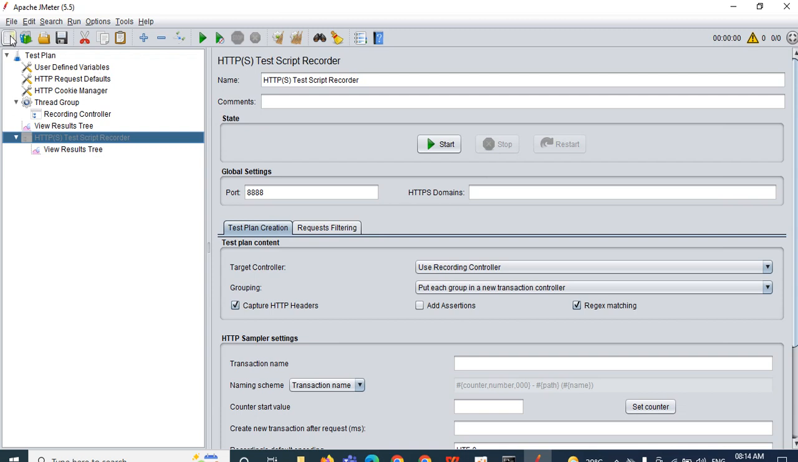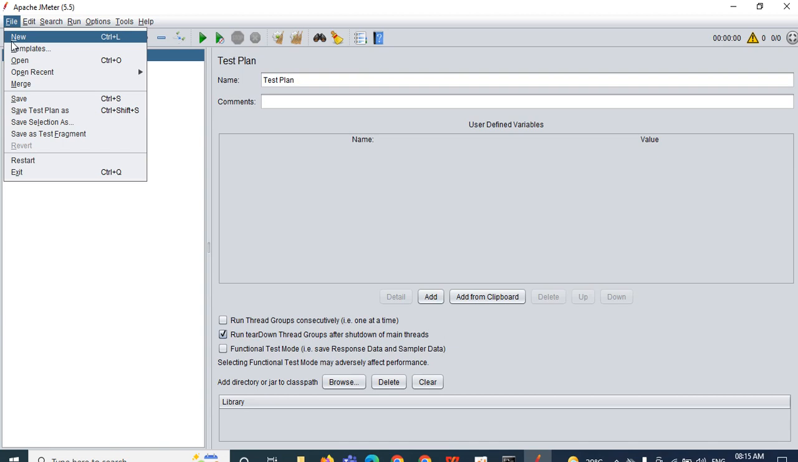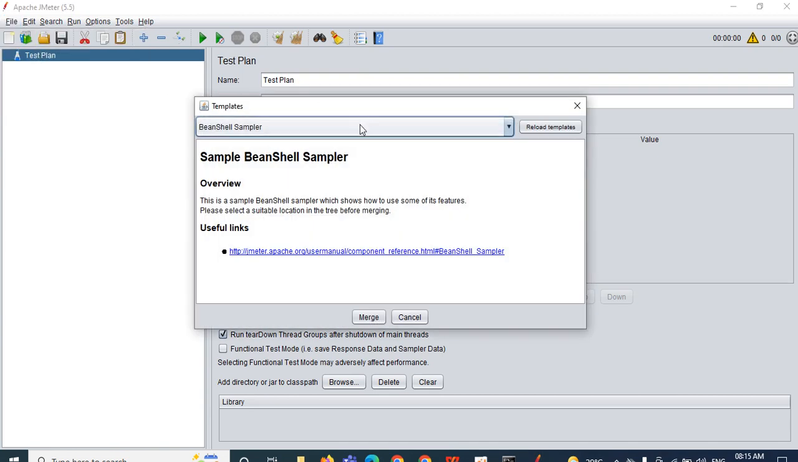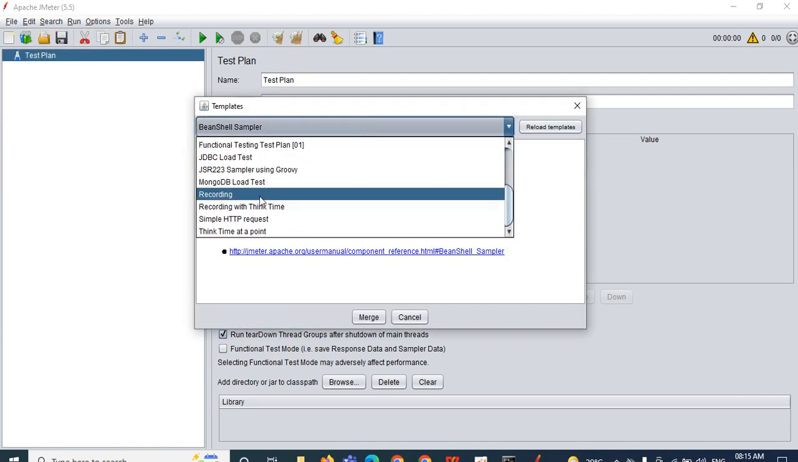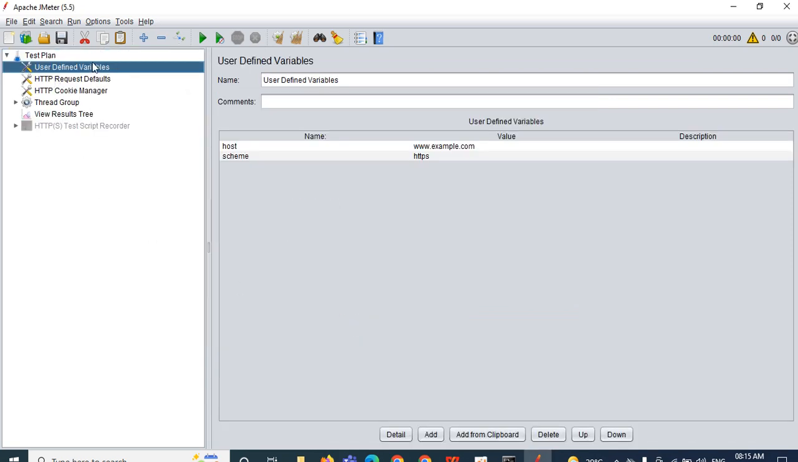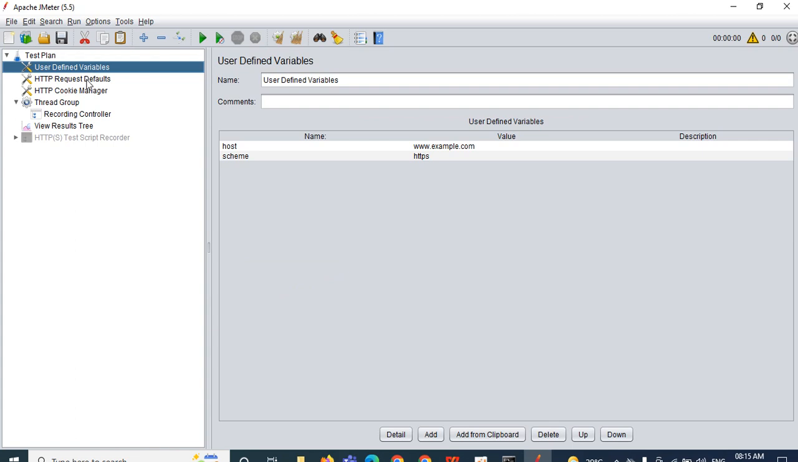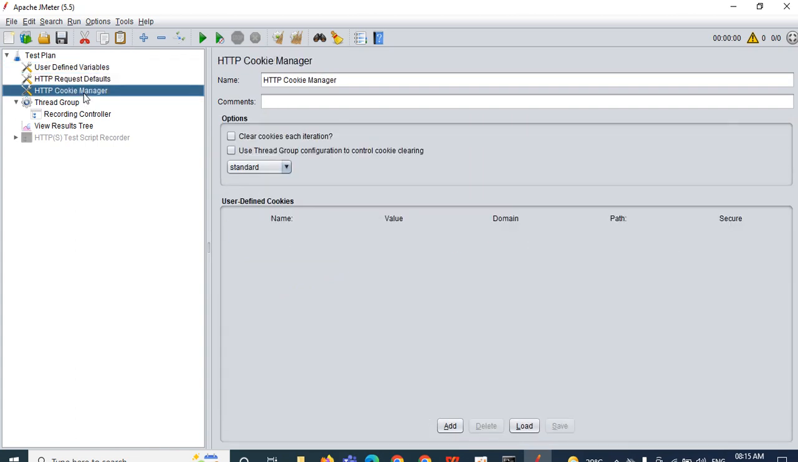Okay, మళ్ళీ చూపిస్తాను. సో క్లిక్ ఆన్ ద న్యూ. ఓకే, it is asking to save, I don't want this. ఓకే, go to templates. So here you can go, click on the recording. Okay, click on the create, click on the create, that's all. So you can see, some of the elements by default are coming and sitting over here in the workspace area. Okay, సో ఇప్పుడు యూజర్ డిఫైన్ వేరియబుల్ ఎందుకు యాడ్ అయింది, రిక్వెస్ట్ డిఫాల్ట్స్ ఎందుకు యాడ్ అయింది, కుకీ మేనేజర్ నేను